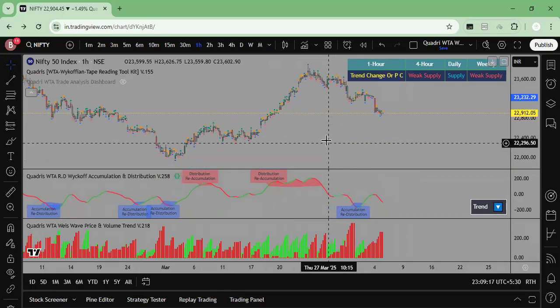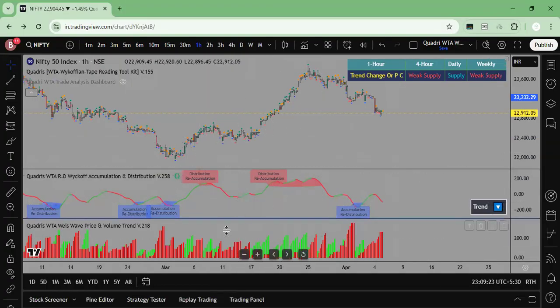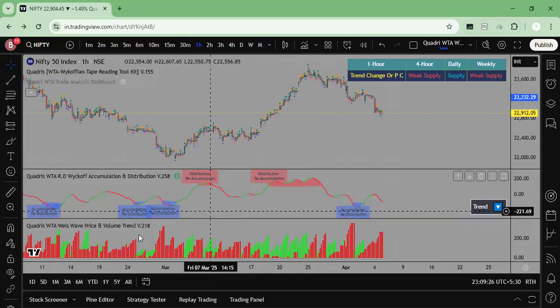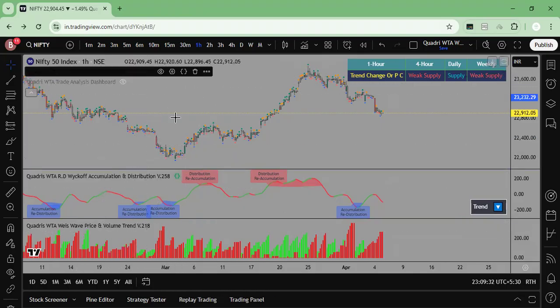Okay. So what to expect next week, what the market was and how it responded to Wyckoff accumulation and distribution and VSA, price and volume trend, along with Tape Reading Toolkit version 155. In this tool, previously I've trained many Indian traders for the Indian stock market and other things, even for options, though I don't trade options in Bank Nifty. It's been a long time since I've done any analysis video of the Indian exchange or any Indian stock.